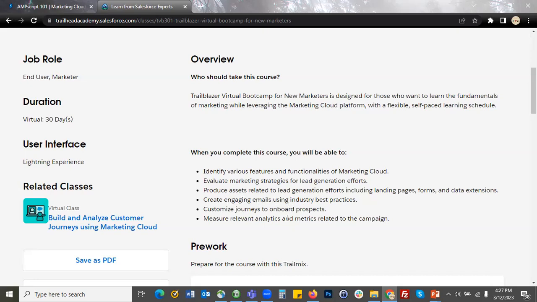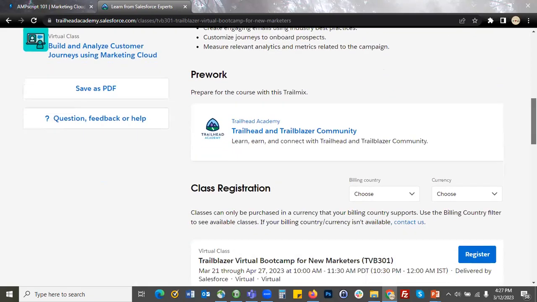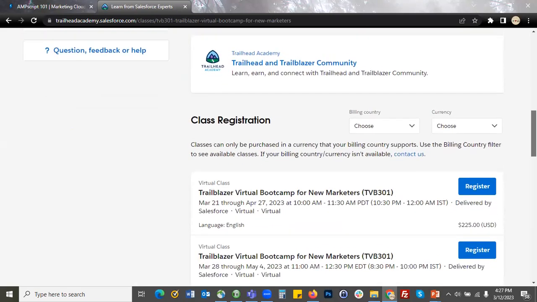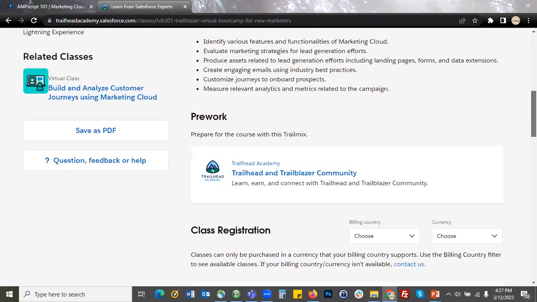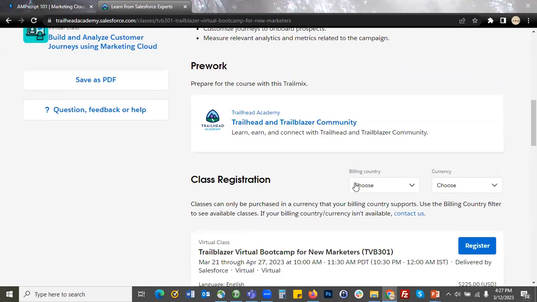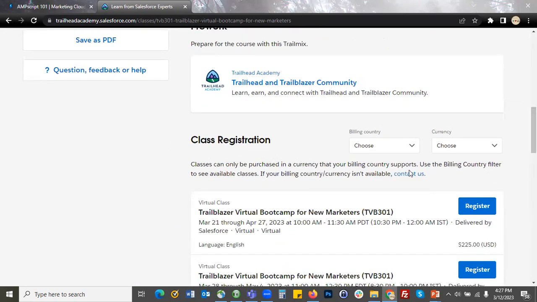They will give you some test cases to work on, I believe, and based on that, you'll get some experience of how to work in the live environment. One thing to note here is that not everyone will be eligible for this academy or classes. It is based on the billing country. If your country supports the purchase, only then will you be able to register. Otherwise, you need to raise a ticket or contact them for further instructions.